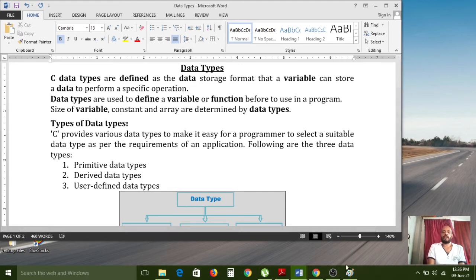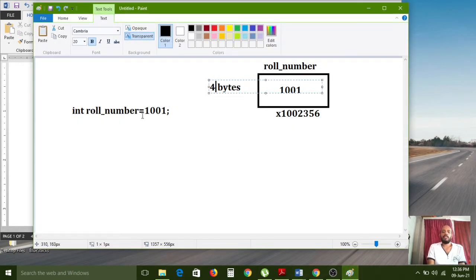One more functionality is that here I have used the int data type. If you use int for the roll number variable, it can store only digits: 1001, 1002, 1005 or 65,536. Like that, only numbers can be stored, because int belongs to the number-related data types.